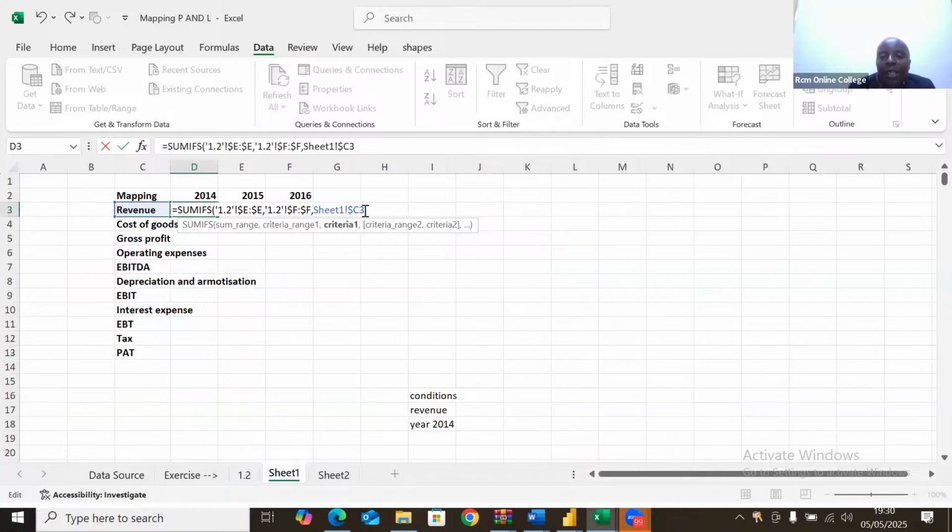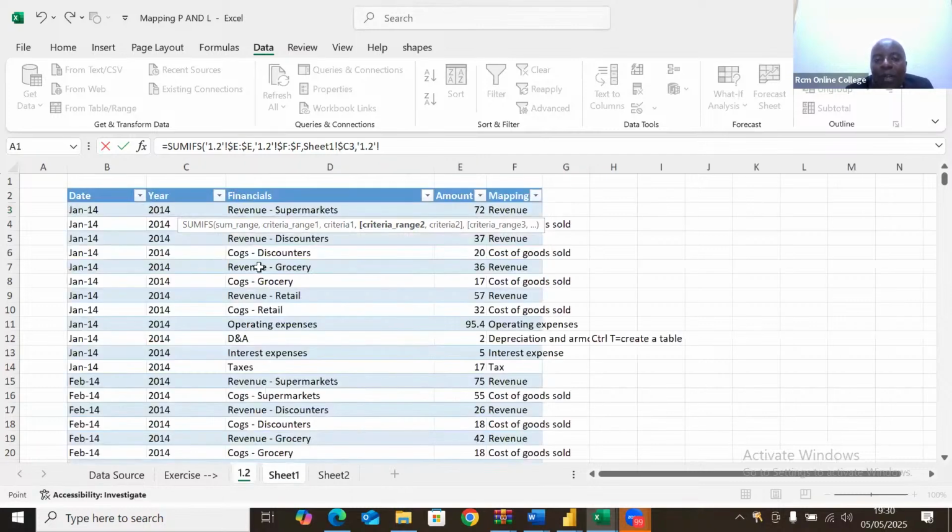Continue with the journey. The next one here, ladies and gentlemen, is where they want me to give them criteria 2, which now is the year. You see, I don't have the year here. So I need to go back to where I find 2014 on this entire range. And because it's a range, do this to it. Lock it fully, comma, and then now you come and pick